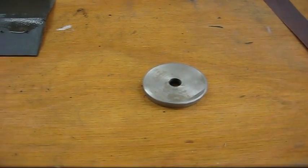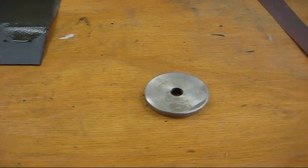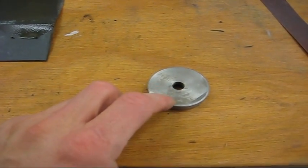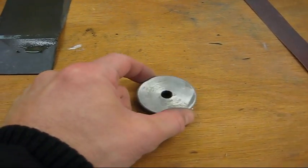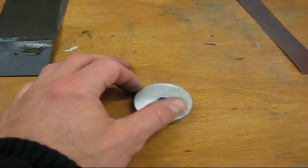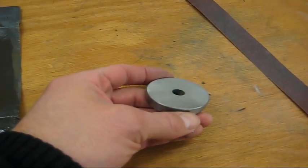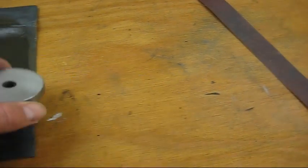This is one of the covers for the lead screw bracket, or the end bracket. And I'm going to polish it, and I've started on the other side. The other side started similarly to this one with the turning marks. First I used this 120 paper, and I've got all the turning marks removed with that. So next step is